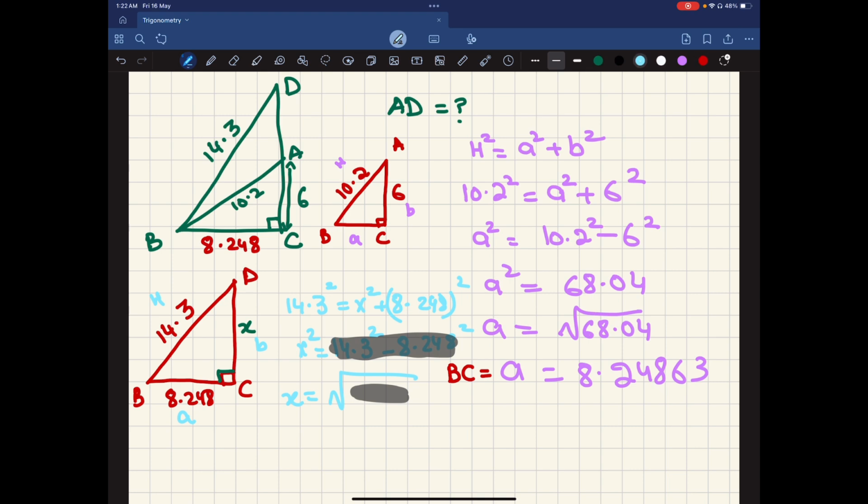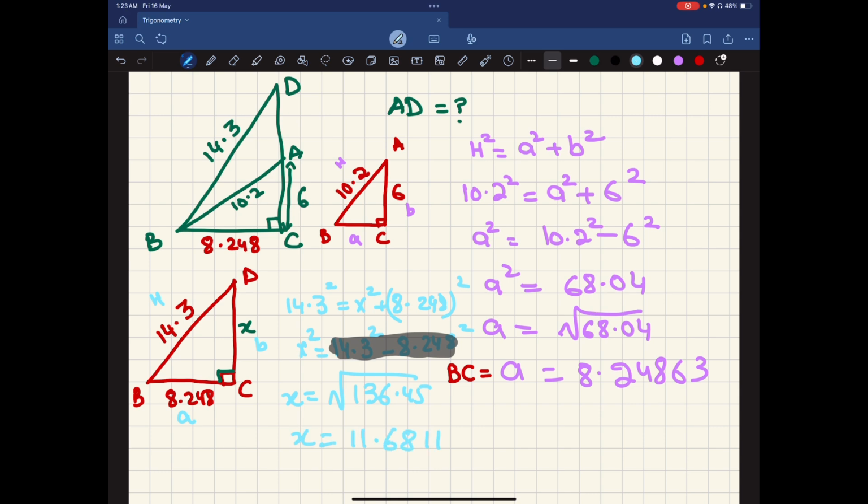So that should give you the value of, let's calculate it very quickly. So this gives you 136.45. Square root of 136.45 is, x is equal to